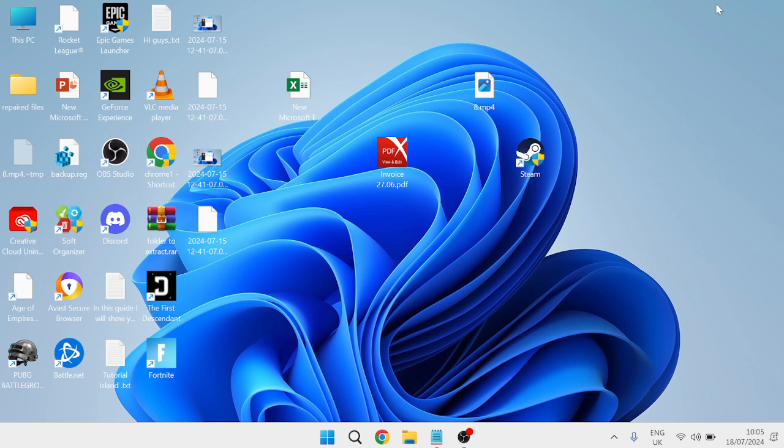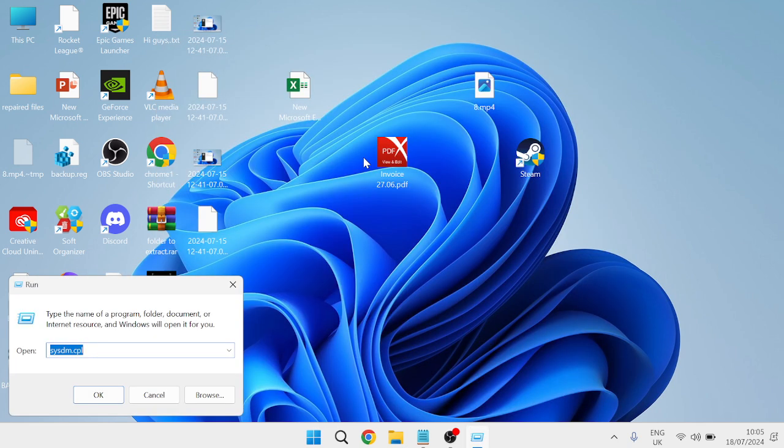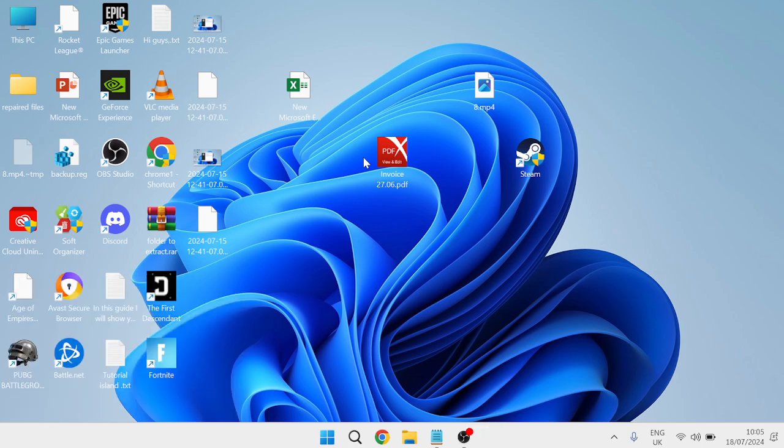We first just need to head over to our start menu and search for Run, and then head over to the Run app. Inside of here, we need to type in %localappdata% and hit enter, and then scroll all